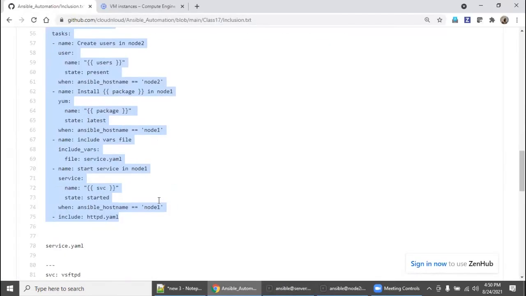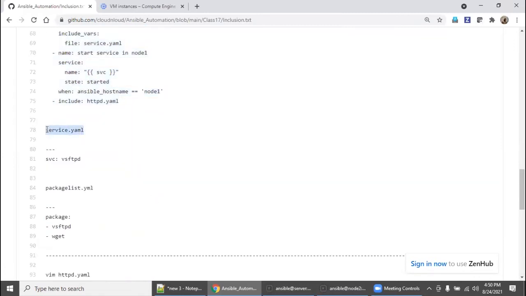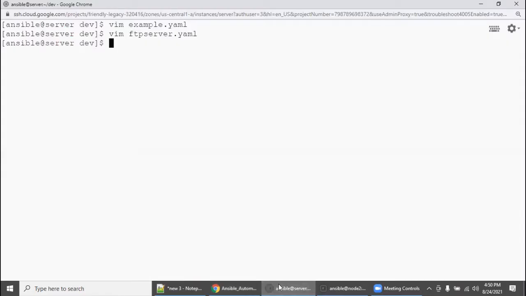Also ensure there is a service.yaml, because when you create a master file, you also need to ensure all the files are available, right?